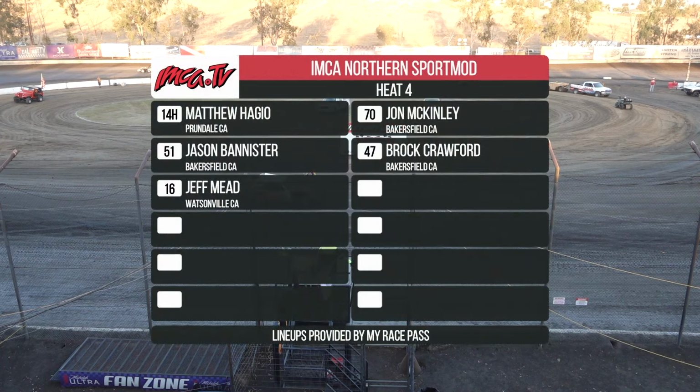IMCA Northern Sport Mod, heat number 4, 4th and final heat. We have Hagio in the 14H from Prunedale. John McKinley in the 70. Jason Bannister in the 51 row 2 with Brock Crawford on his outside. Jeff Mead in the 16 from Watsonville,